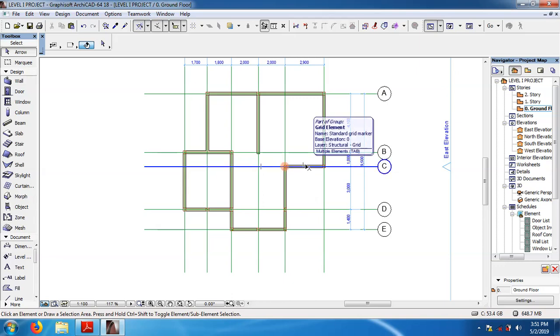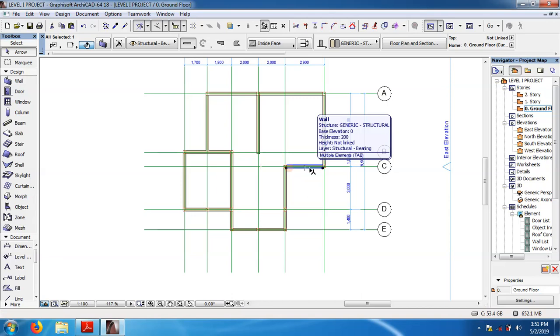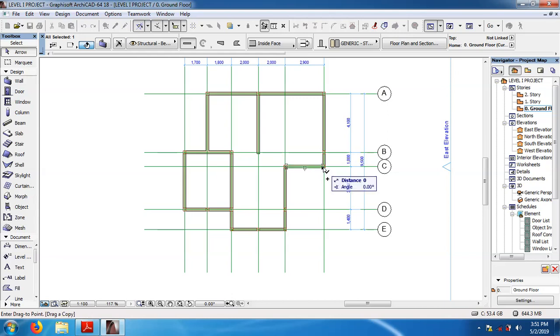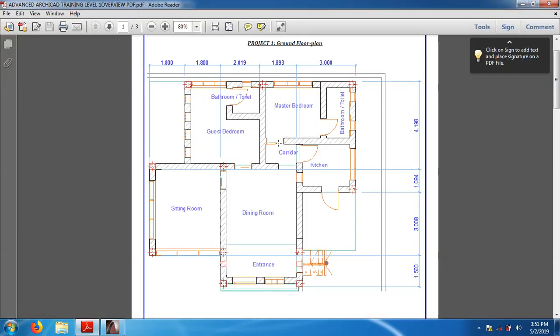So let's do the previous one. You select it, press Control, press Shift, and press D, and then now you can drag it 22. Type in 22, make sure the angle is 90, press Enter. There you are. So now we know this is our kitchen, and looking at our design here, this door here,